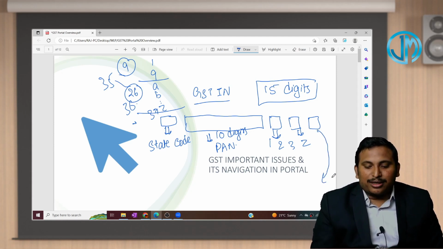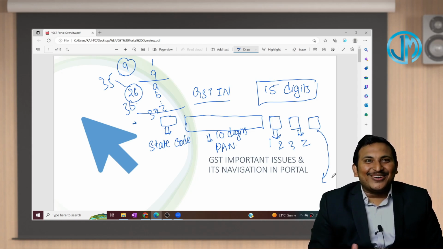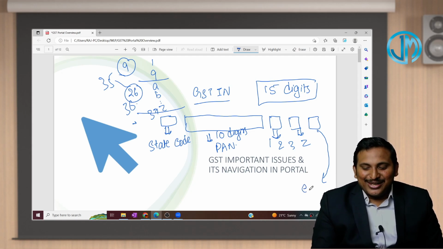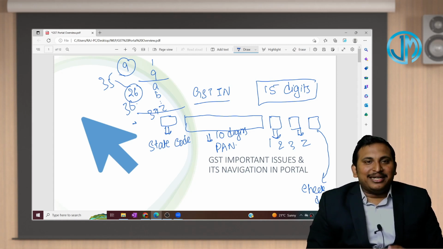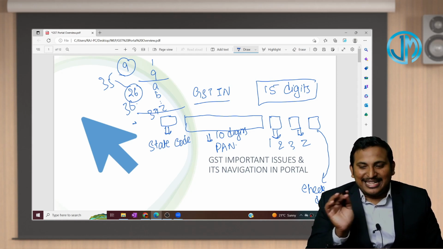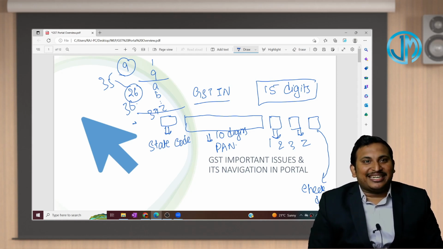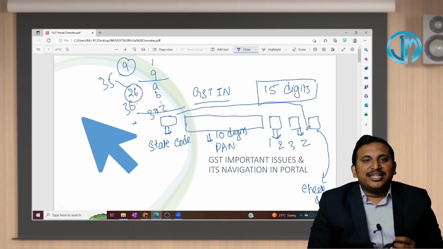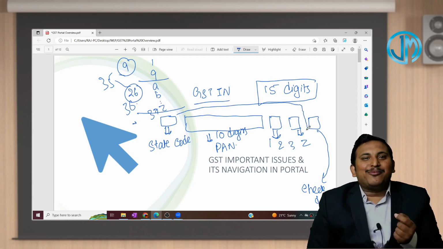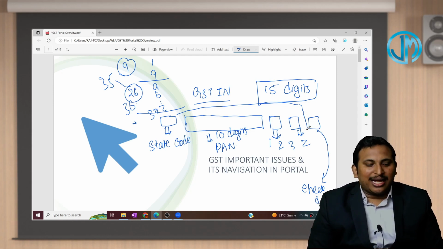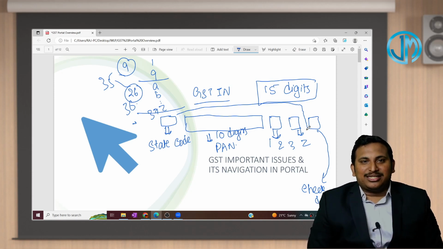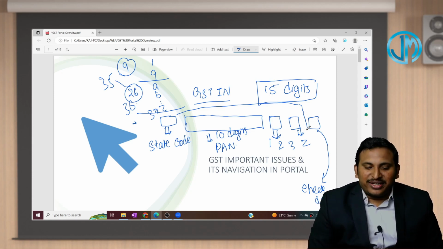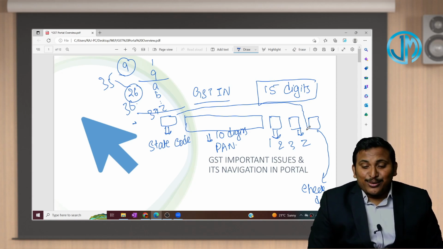15th digit what, sir? Nobody knows. It is actually what we call a check digit. Generally, when the government is creating some new number, at the end, the last number, they'll ensure it is a check digit. That means based on the composition of the first 14 digits, they will generate a random one. Government will have some formula. Based on that, they will generate some random one, sir. So on that basis only, that 15th digit will be created, and that is the only thing which we cannot